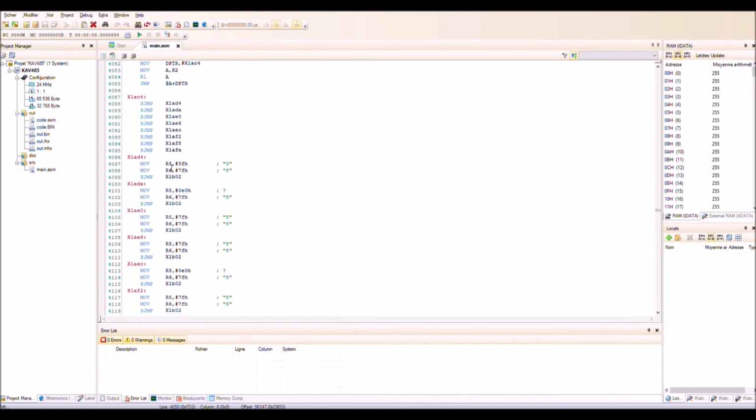So R5 and R6 are loaded with the specific symbols. I don't know the different reasons here. We have sometimes an 8, for example.